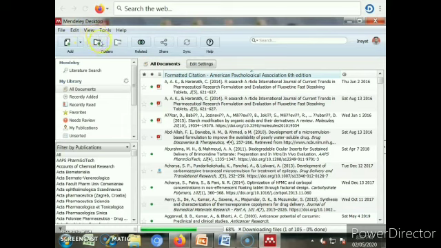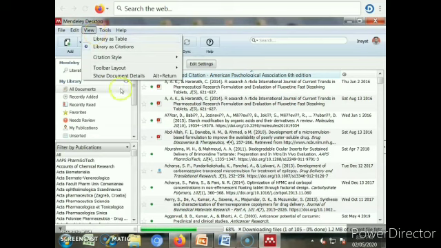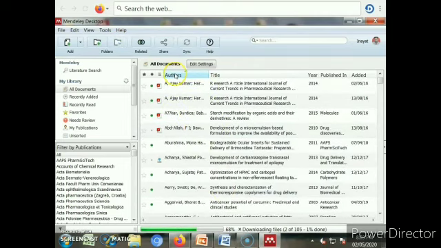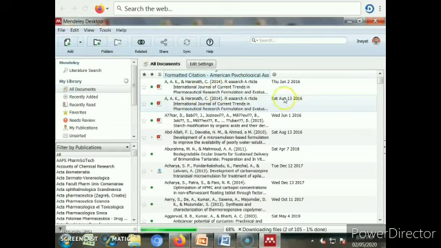Now here in the view, there is library as a table and library as a citation. In this case you are looking at these papers and articles in citation style, in library as citations. You can convert it into a table like this. It is converted into a table with author, title. You can change these articles back to library as citations. In this case it will be converted into citations. Different styles will be there.